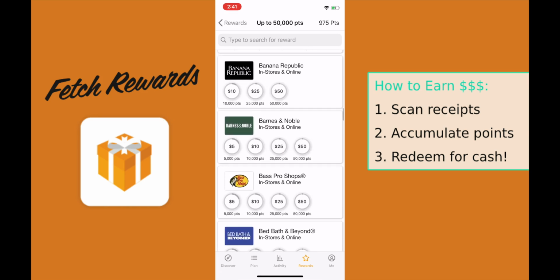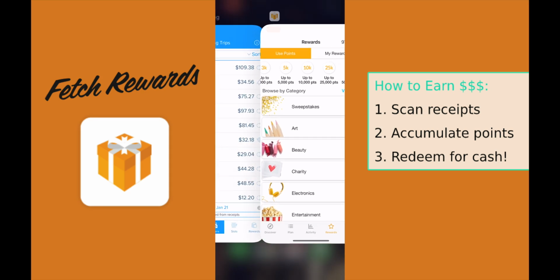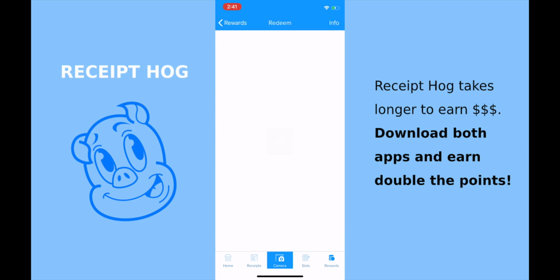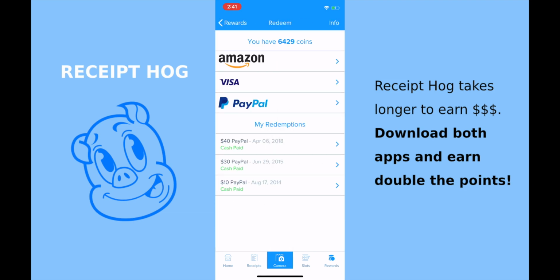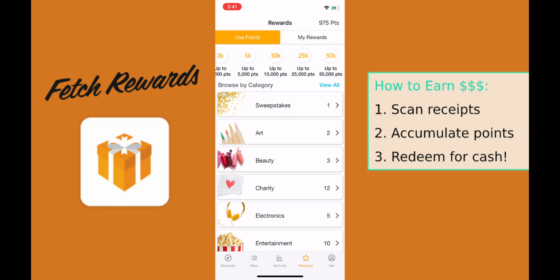Whereas if you were to only use the Receipt Hog app like I just showed you, let's head over there, and you were to go to your rewards and redeem for prizes, you only have 3 options. So if you like more options and you want to collect more points, then I highly recommend going to